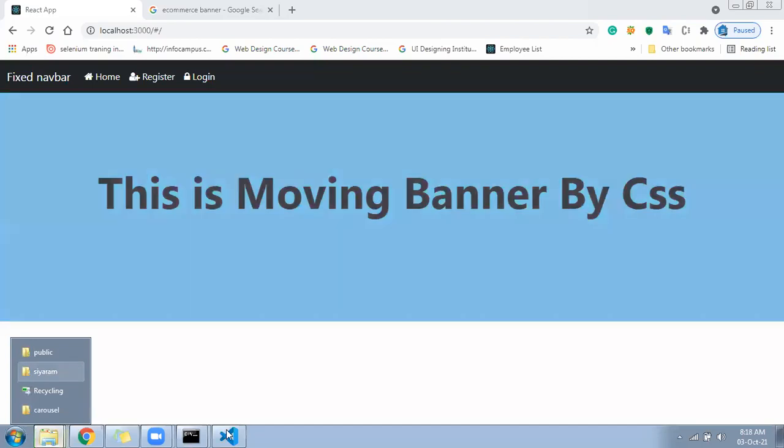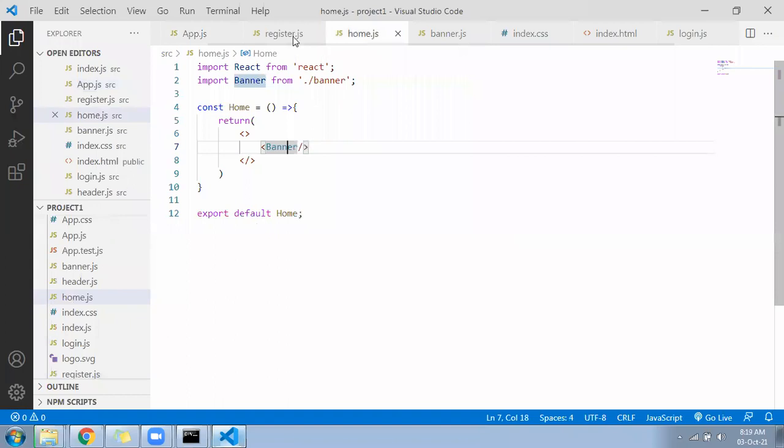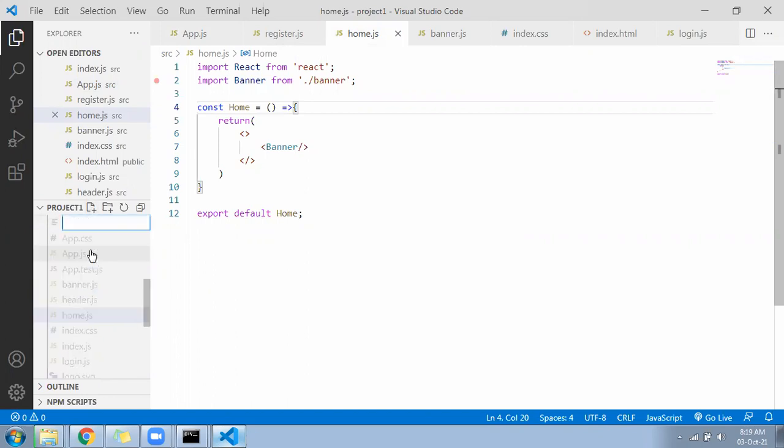So now go here and create another component. Give the name of the component called product list, that we are going to call under the home. So create a component called productlist.js.